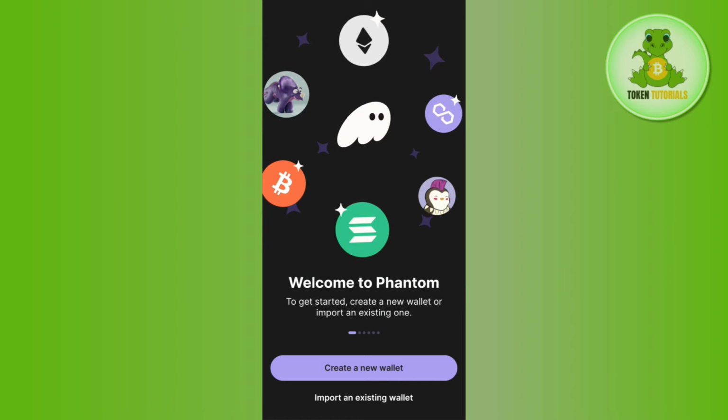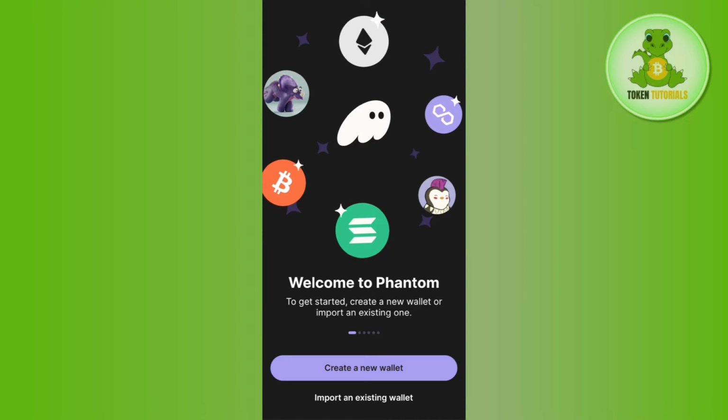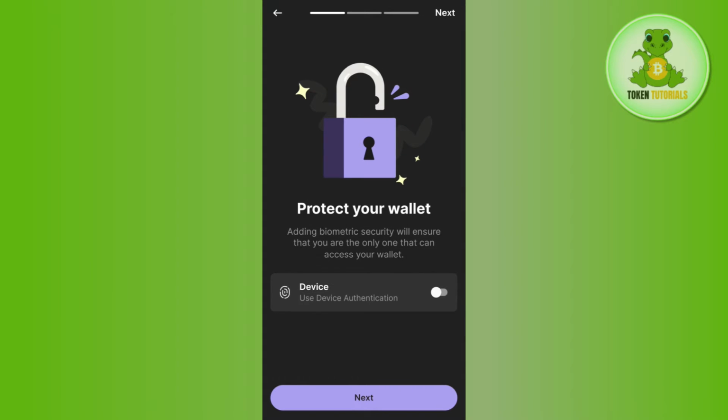So in order to do this, you first need to launch your Phantom Wallet mobile application. Now once you are on the home page, you are going to see two different options at the bottom. The first is to create a new wallet and the second one is to import an existing wallet. So as we want to log in to our Phantom Wallet, you need to select the second option of importing your